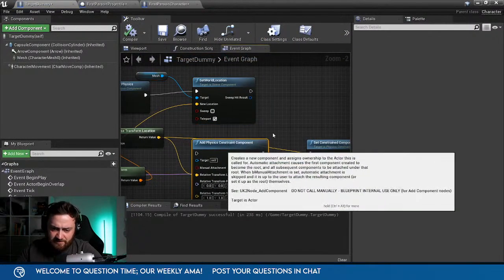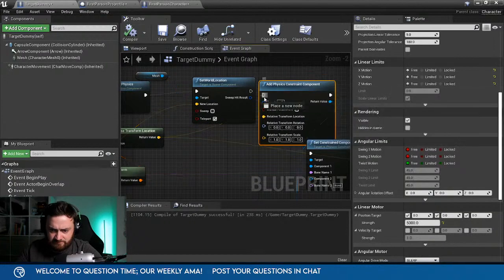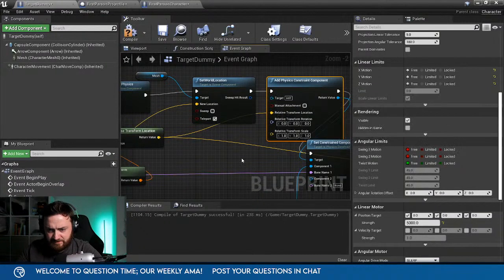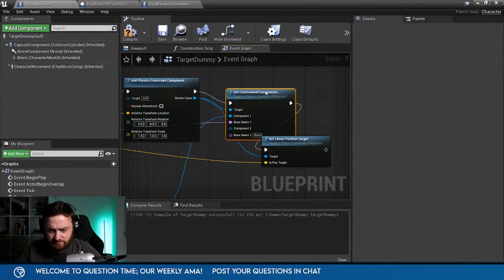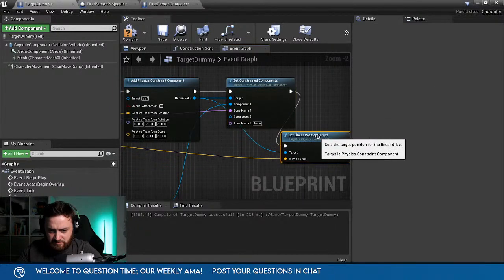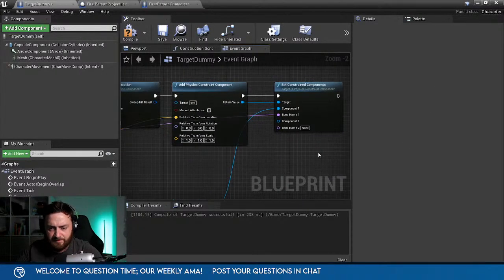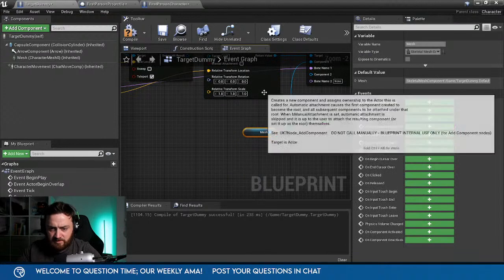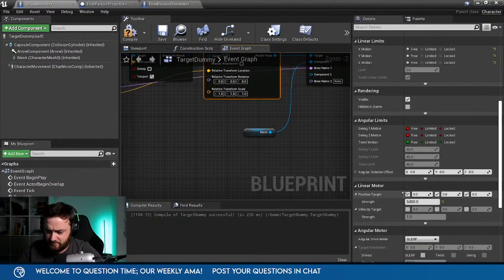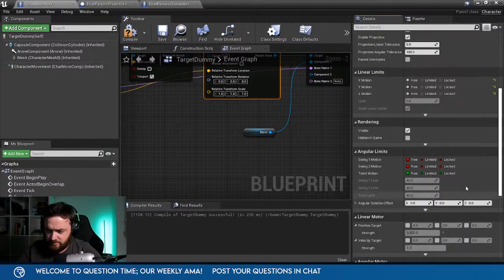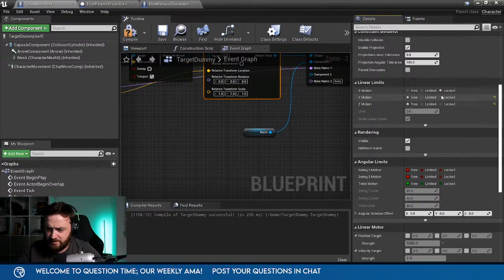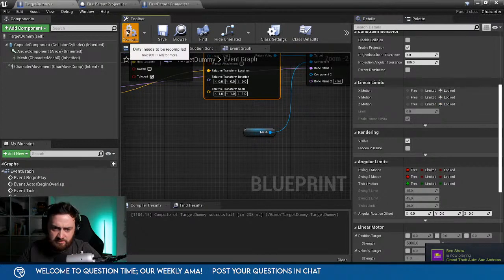Maybe if I do that and then add a physics constraint to it. I'll turn the thing off. And I'll turn off the motor. And I'll lock the X, Y, Z. And hopefully that just locks into place.